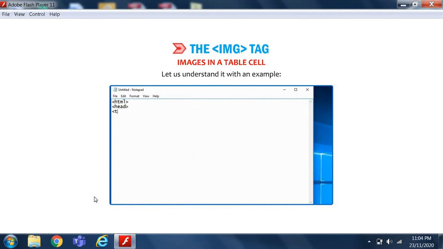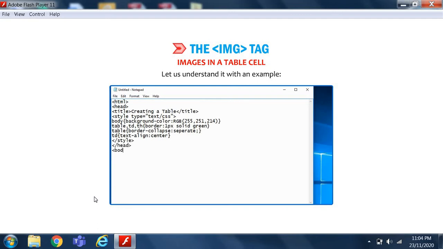<html><head><title>creating a table</title><style type="text/css"> body { background-color: rgb(255, 251, 214) } table, td, th { border: 1px solid green } table { border-collapse: separate; } td { text-align: center } </style></head><body><center><table><caption><h1>Facilitates in a school</h1></caption>